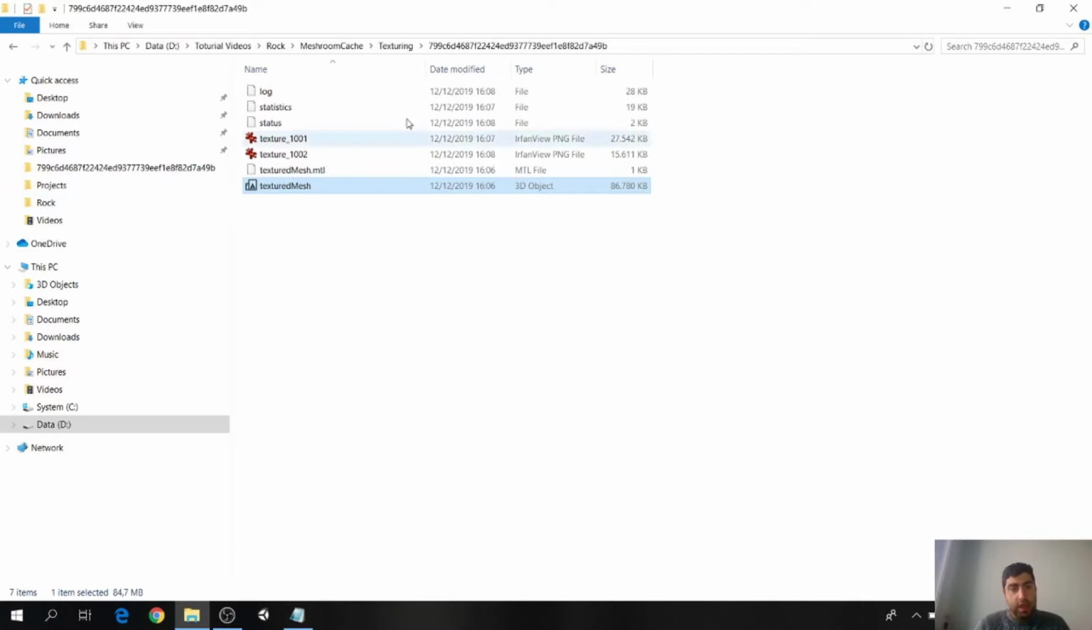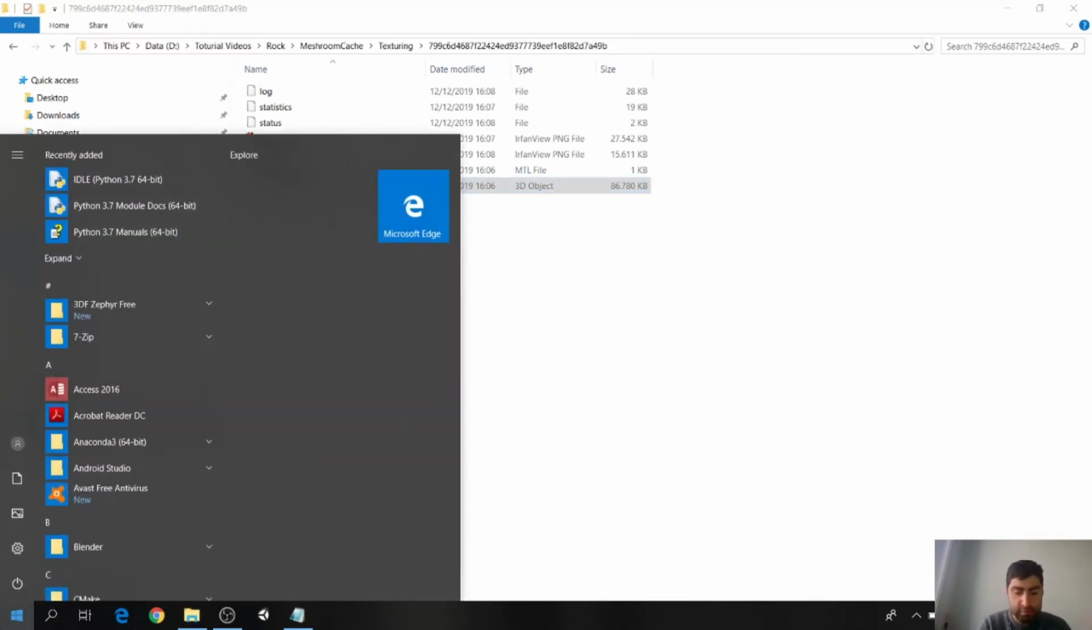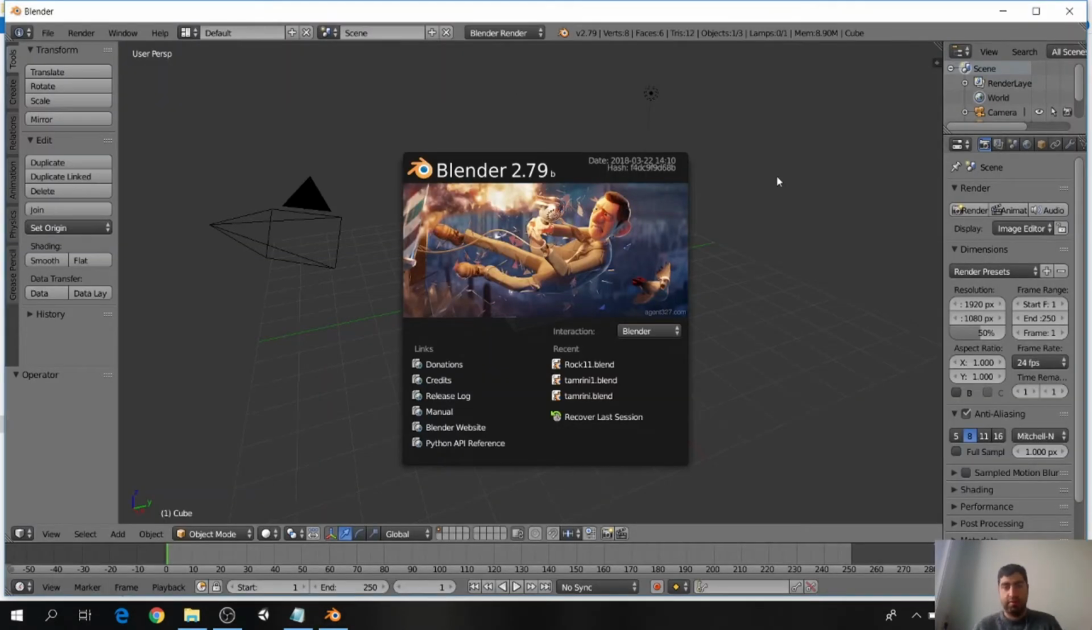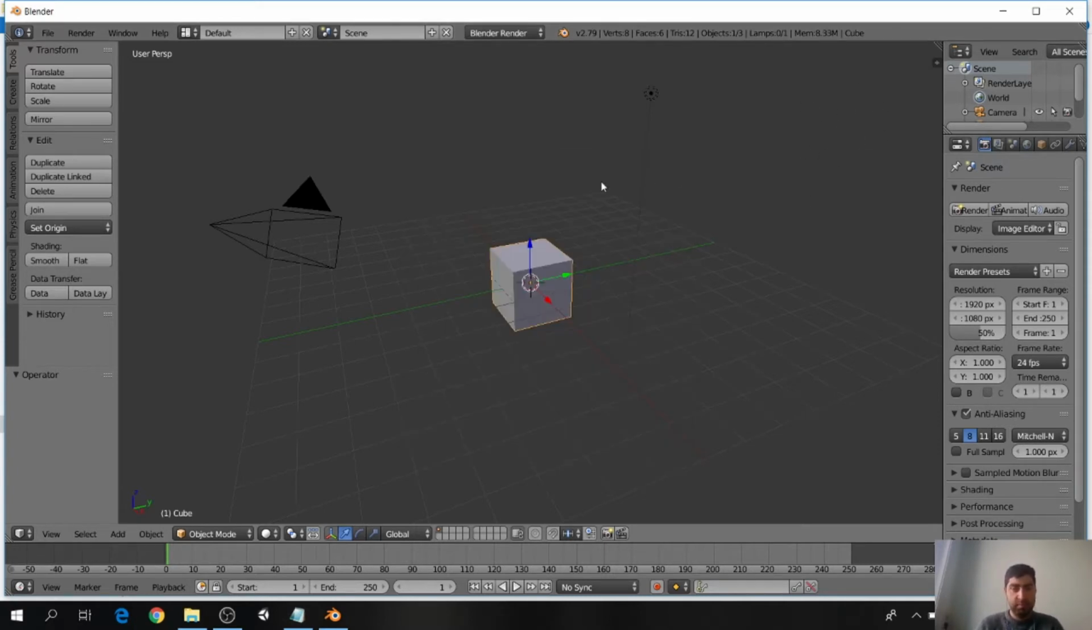So now, when I know the address, I start to work with Blender. Just search Blender and run Blender. This is Blender 2.79. Probably you can have Blender 2.80, but you can download Blender 2.79. Just click in, for example, the space here, and after that you will see such objects, something like Unity,